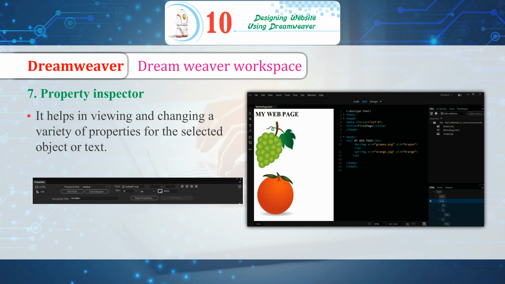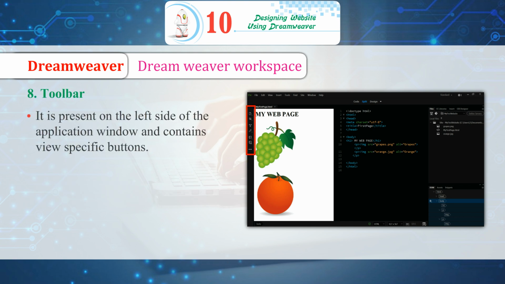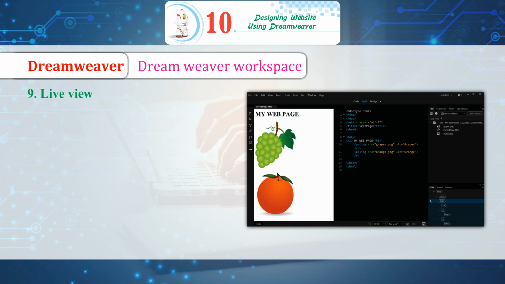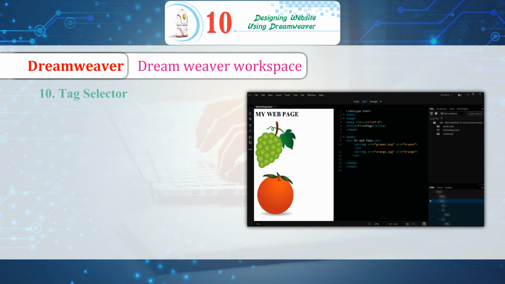It helps in viewing and changing a variety of properties for the selected object or text. 8. Toolbar. It is present on the left side of the application window and contains view-specific buttons. 9. Live View. It displays a realistic representation of how your document will look like in a browser.